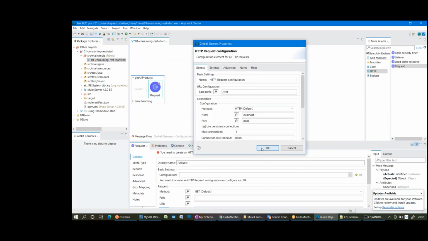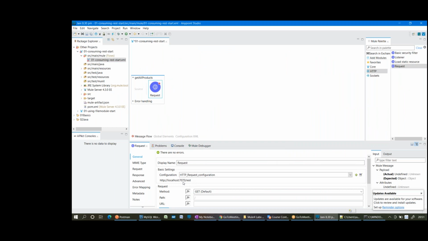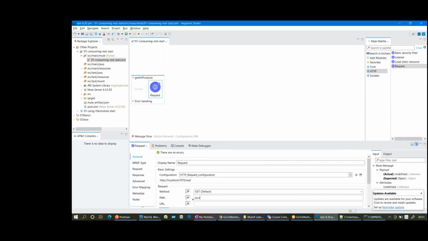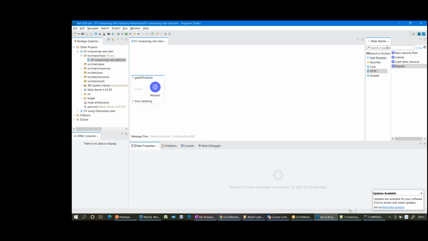Let me take everything as a default. Now this is the URL you are expecting to trigger to the third-party application. And what is the path? If you want to consume products, /products. Save it.